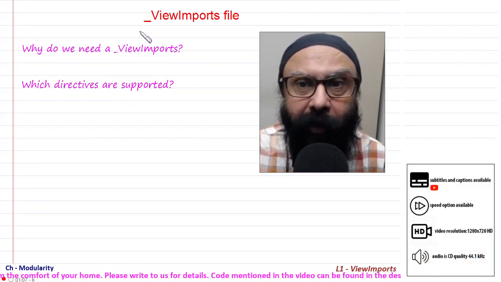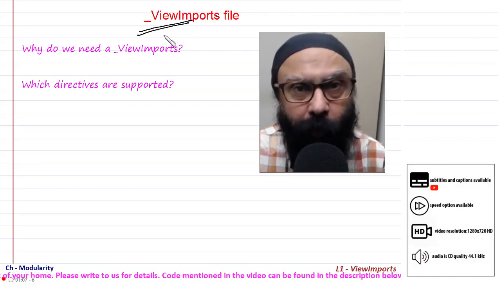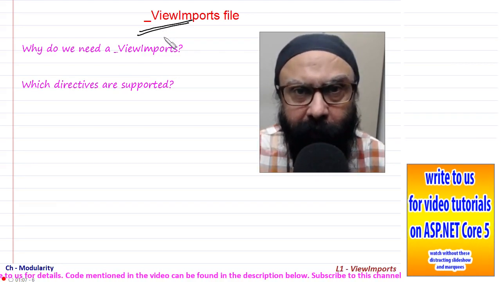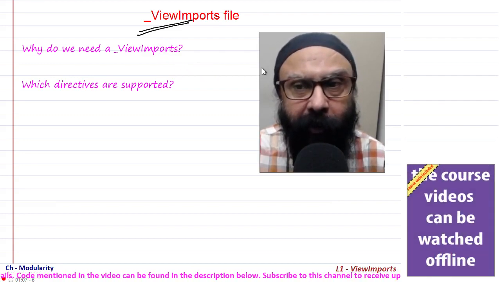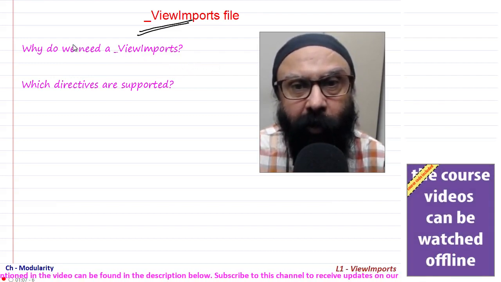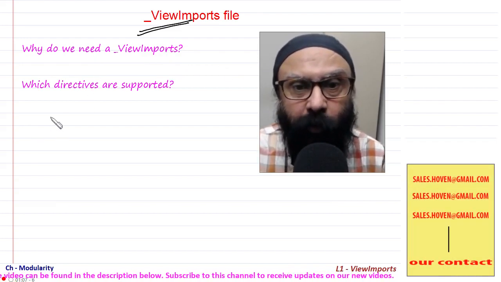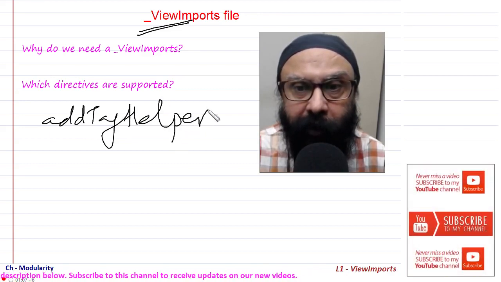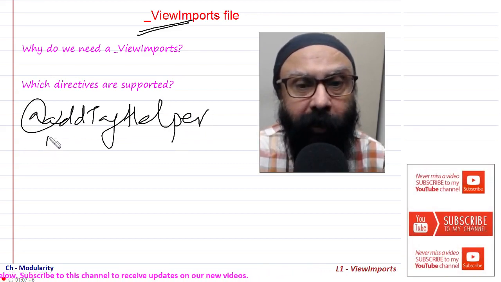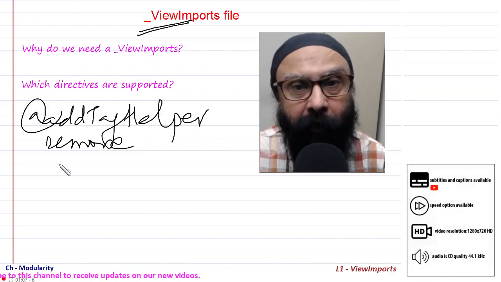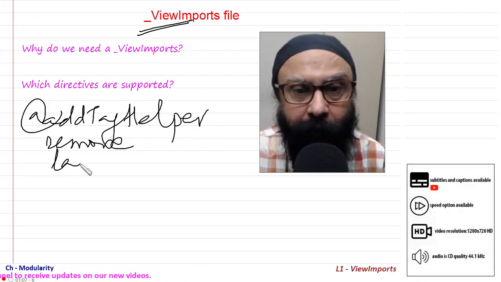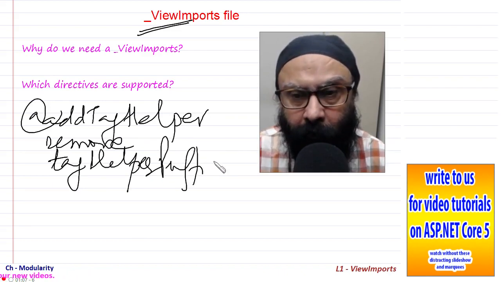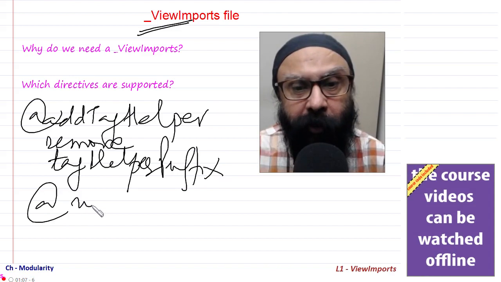You cannot write anything inside the _ViewImports file. You can only write some directives. A certain set of directives can be written, and can only be written, in your ViewImports file. So what are those? @addTagHelper. This is one directive that you can add. Then similarly there is the @removeTagHelper. Then there is @tagHelperPrefix also. Then @using,